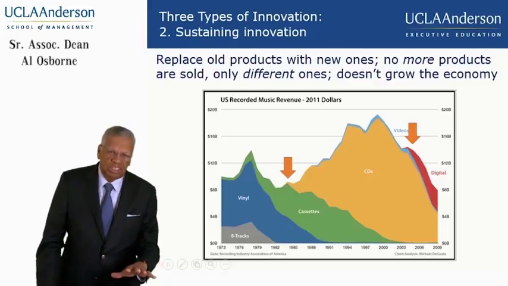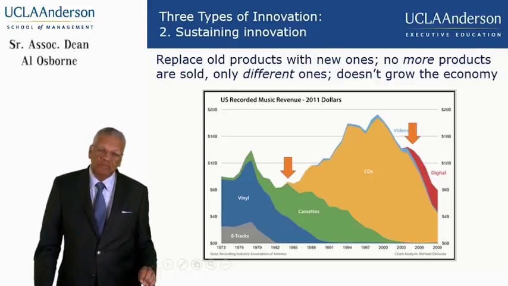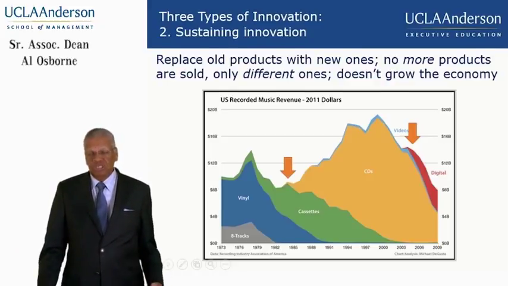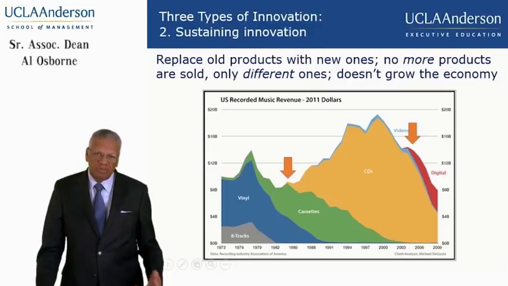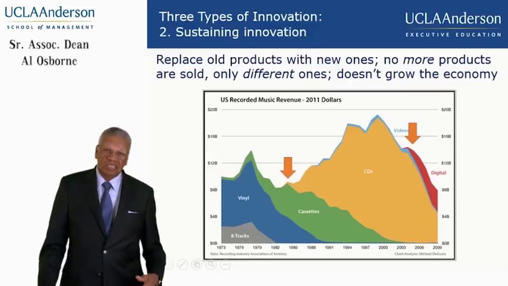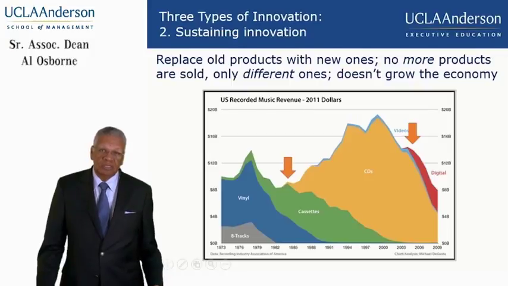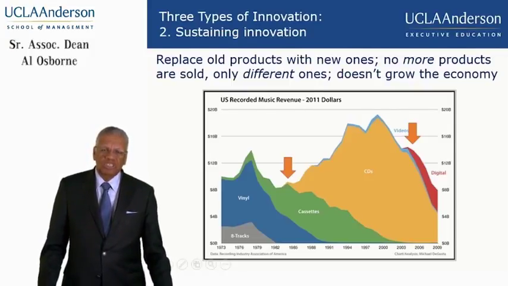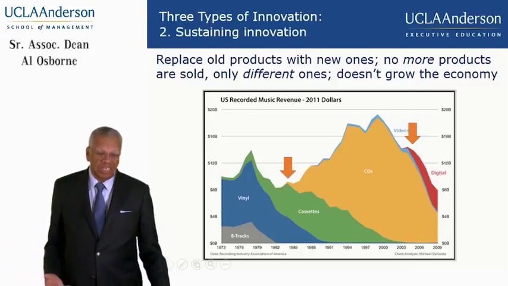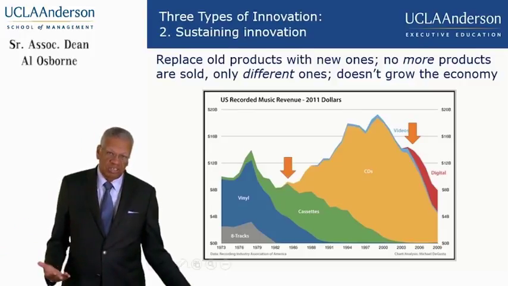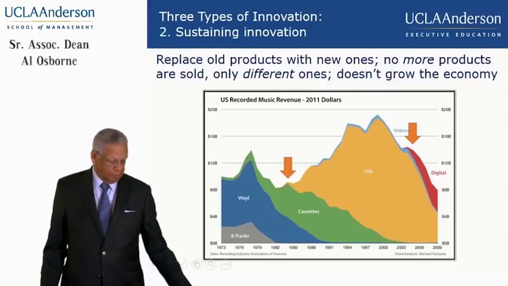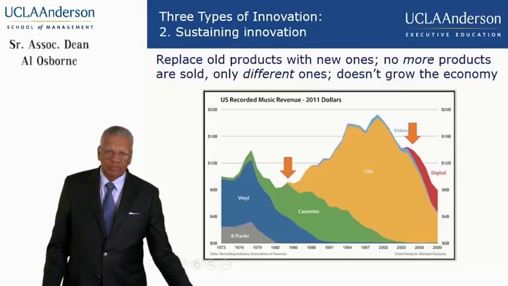People want to enjoy music in this example, and there are different technologies that provide the ability to enjoy that music. So living through vinyl and cassettes and CDs and now file sharing are all part of the way in which an industry tries to sustain through innovation its ability to produce sales and enjoy revenues and profits.